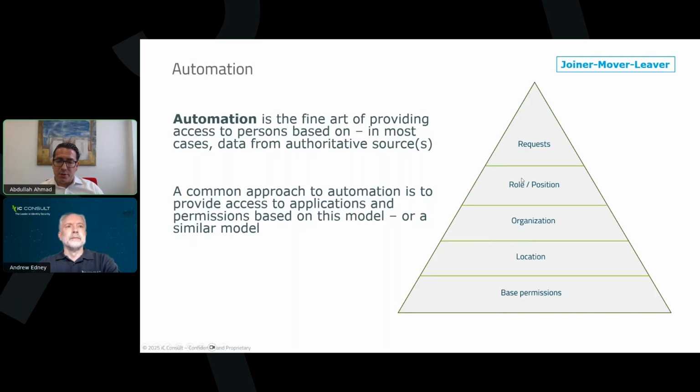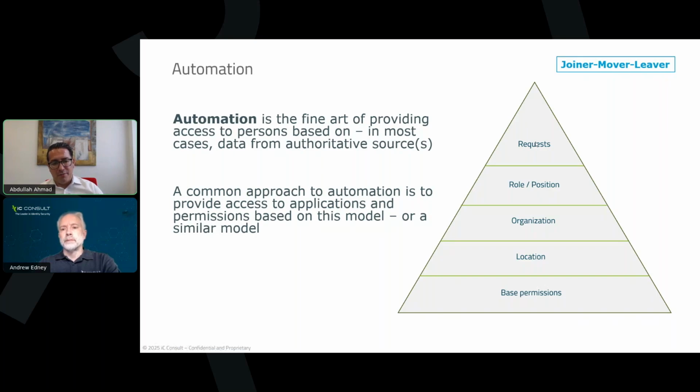Then the next step is, of course, assigning authorizations to the role and the position of the employees. Once they are changing their position or coming to a new position, they will automatically lose the old roles and authorizations. They will get and inherit new permissions. And at the end of that pyramid, you see the request part.